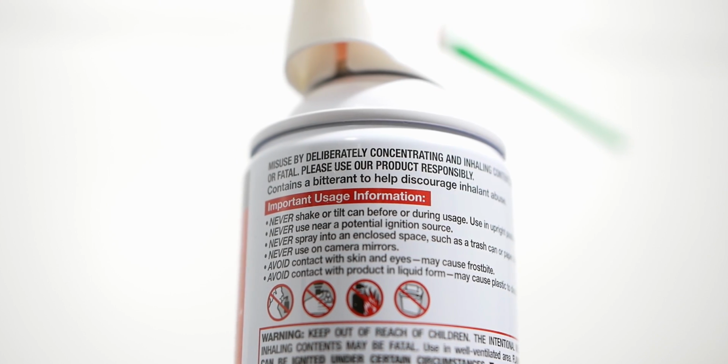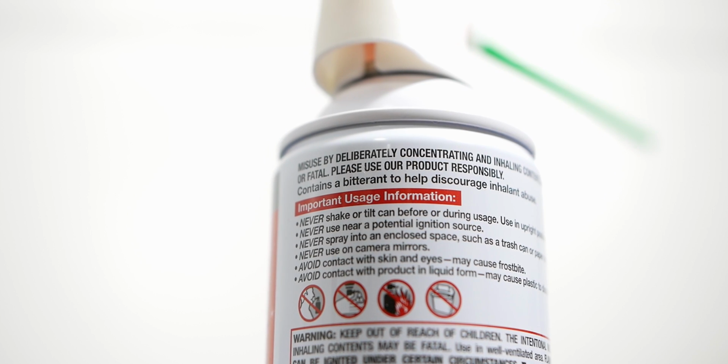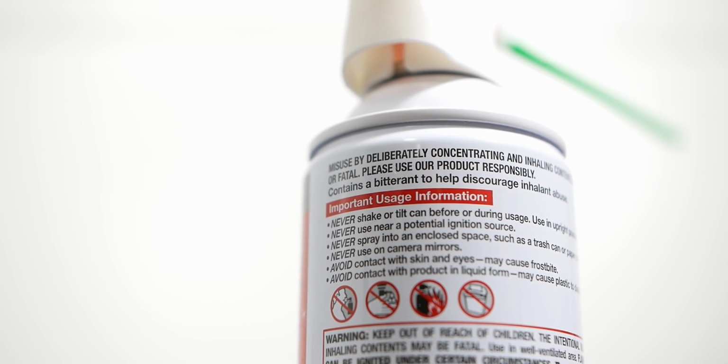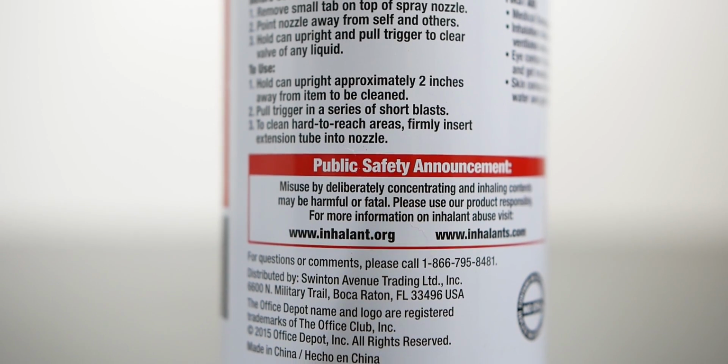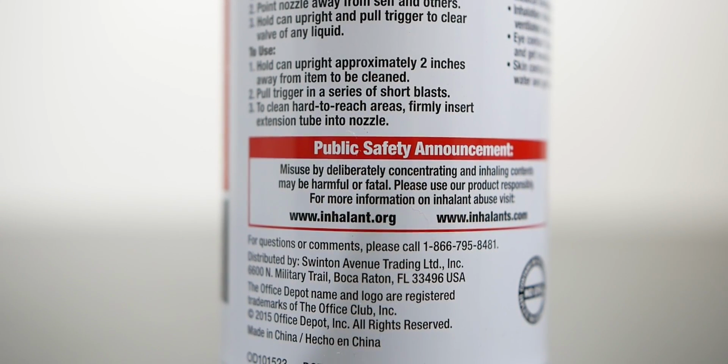A lot of these also have really specific rules, like don't shake them, don't tilt them, avoid contact with your skin and eyes, and avoid contact with the product in liquid form because it can cause some weird skin damage and skin irritation. But they cost a lot more overall, they're bad for the environment, and they just have a ton of drawbacks. Well, as with this OPOLAR air duster, it is a fan, so it draws in the surrounding